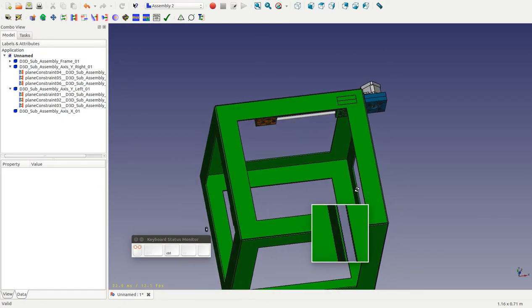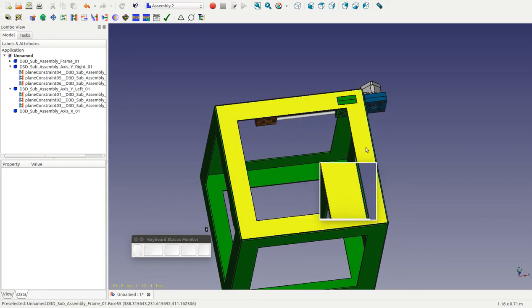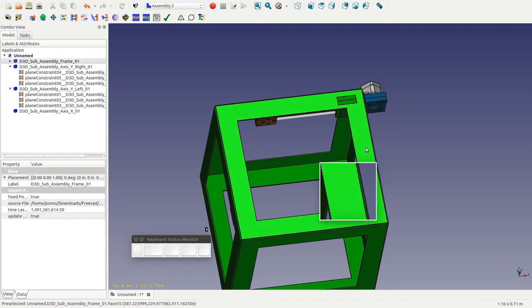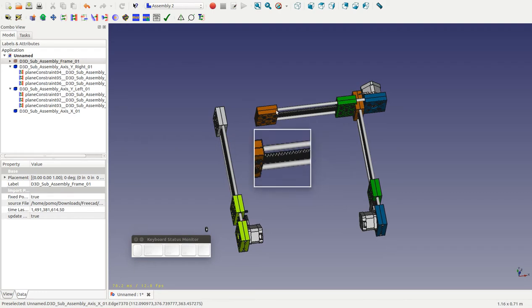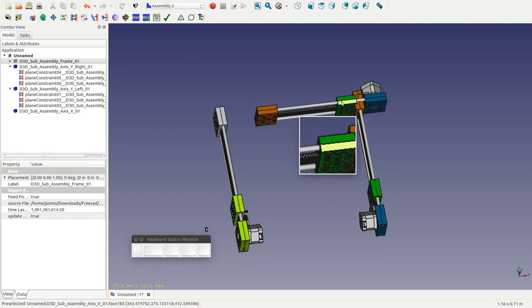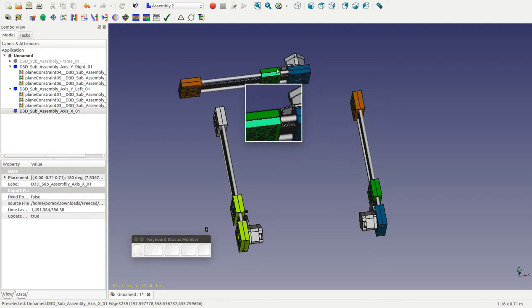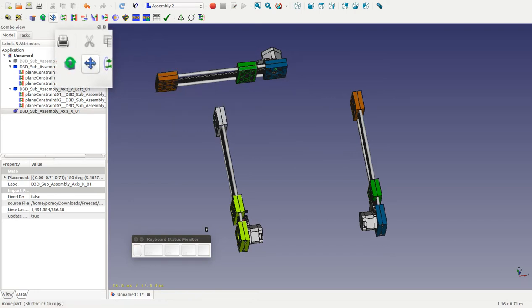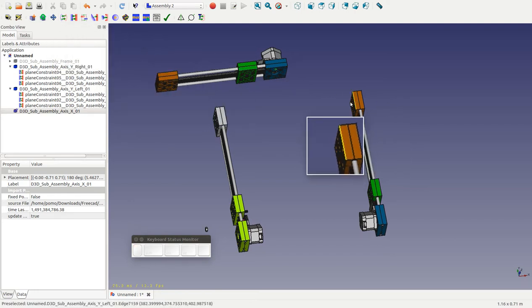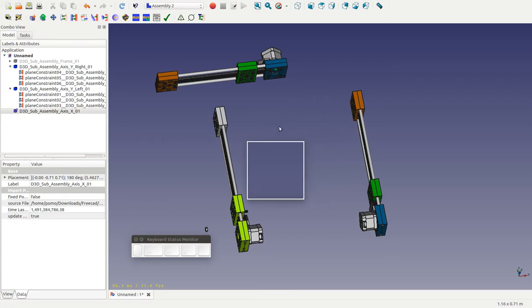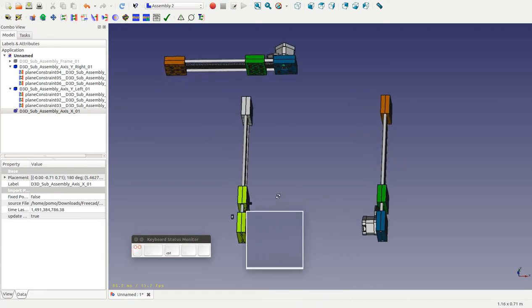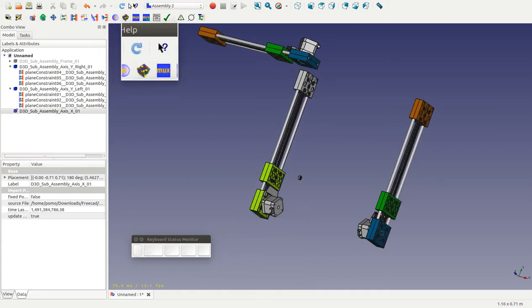I will go ahead now and mount the X axis between the two Y axis. I don't need the frame. Press space, take it out of the way. Move this out of the way with the move button. I press the M. I put a shortcut for the tools I use often. So